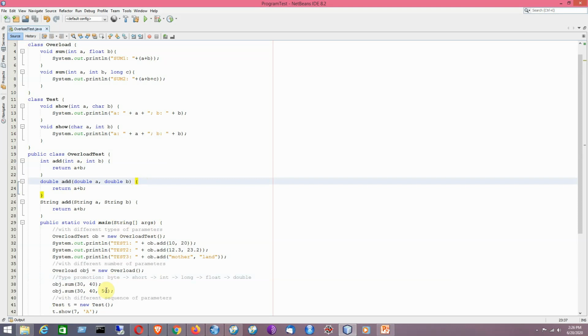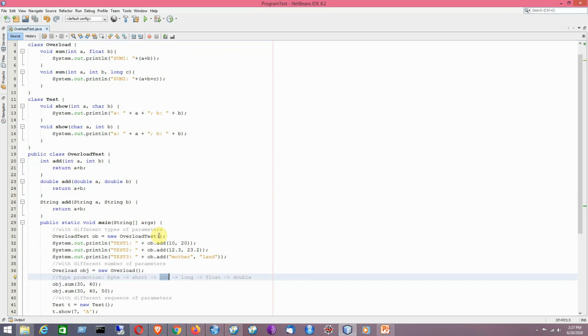And we can have another example here, like we have modified int to long, but we are actually passing an int value, and it will get converted into long because long is placed in this relationship after int. So long is considered a broader data type compared to int. That is why type promotion is applicable for int to long. So that is the concept of type promotion with respect to method overloading. Now I would like to give you another example with respect to overloading of static methods.